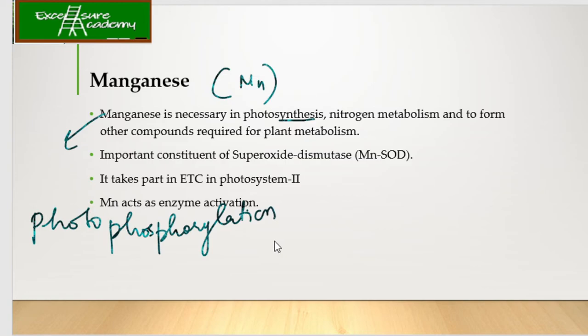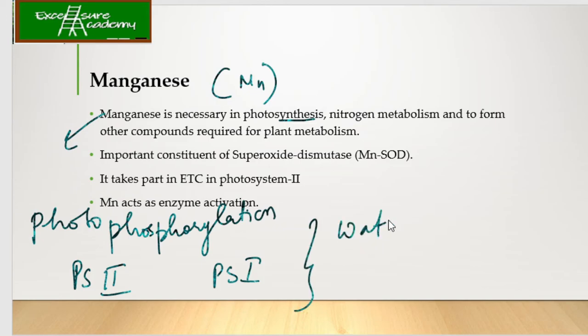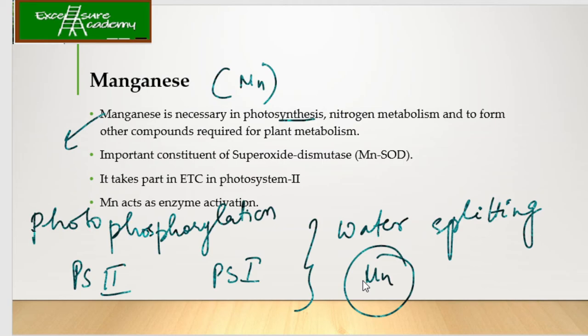It is involved in photophosphorylation, and in the photophosphorylation, if you have studied, you have got your PS2 and PS1. And in that, when this photophosphorylation is happening, there's something called water splitting happening. Now, this water splitting is done with a complex which has got manganese present. Okay, don't worry guys, this will be covered when I start taking the biochemistry, but this is just so that you can get an idea. So manganese, this is how it is required in photosynthesis. It plays an important role in the photophosphorylation, wherein it is helping in the water splitting.